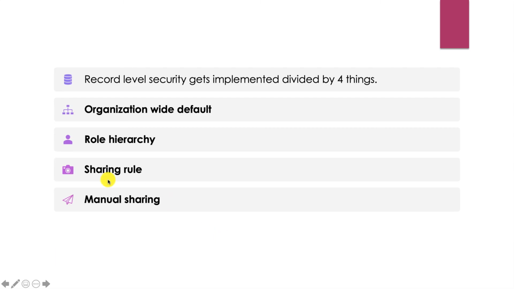Now we are going to see sharing rule. Sharing rules let you make automatic exceptions to organization-wide sharing settings for a particular set of users to give them access to records they don't own or can't normally see. Sharing rules, like role hierarchies, are only used to give additional users access to records. They can't be stricter than your organization-wide default settings.